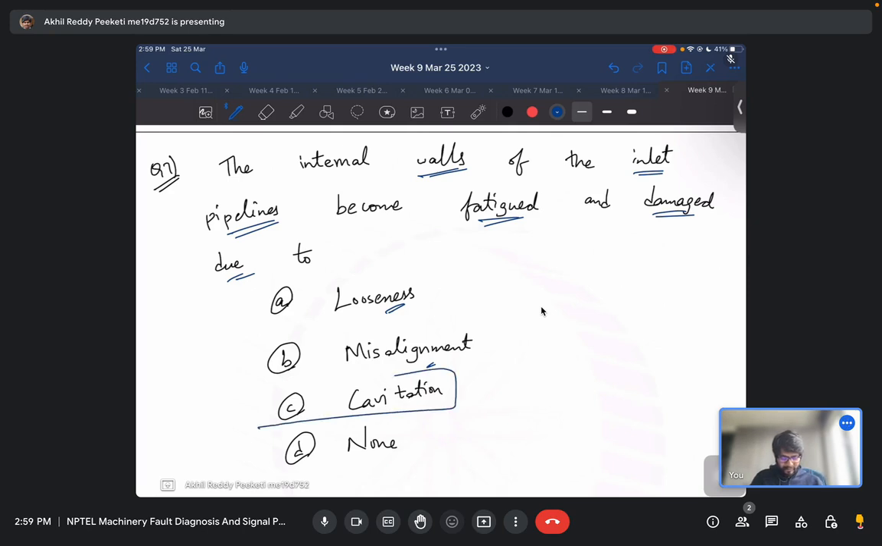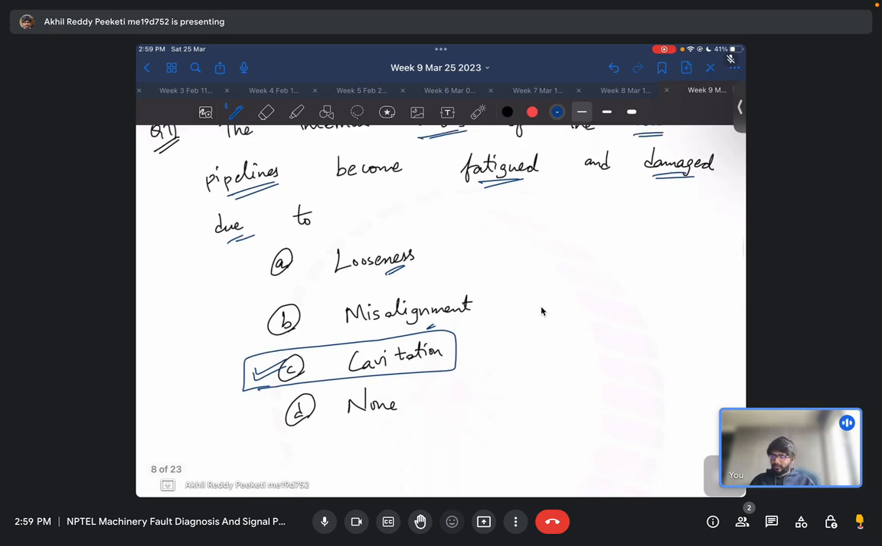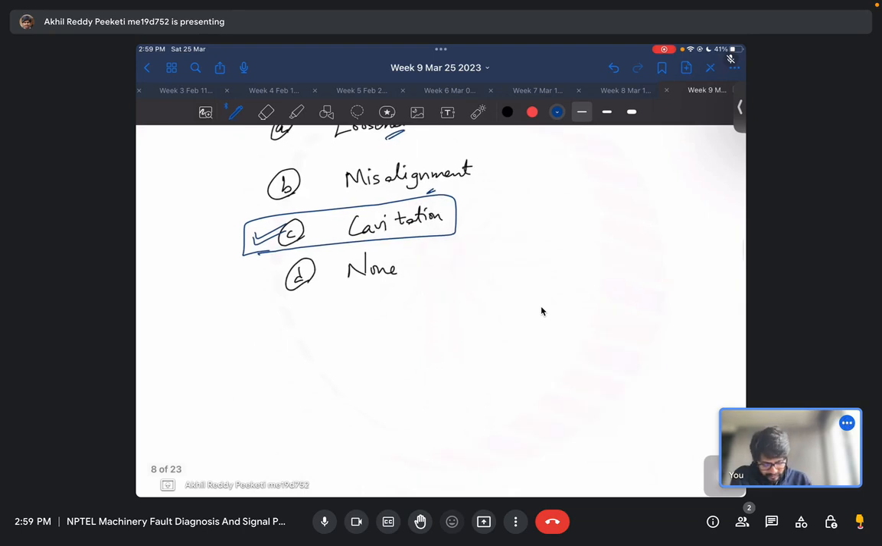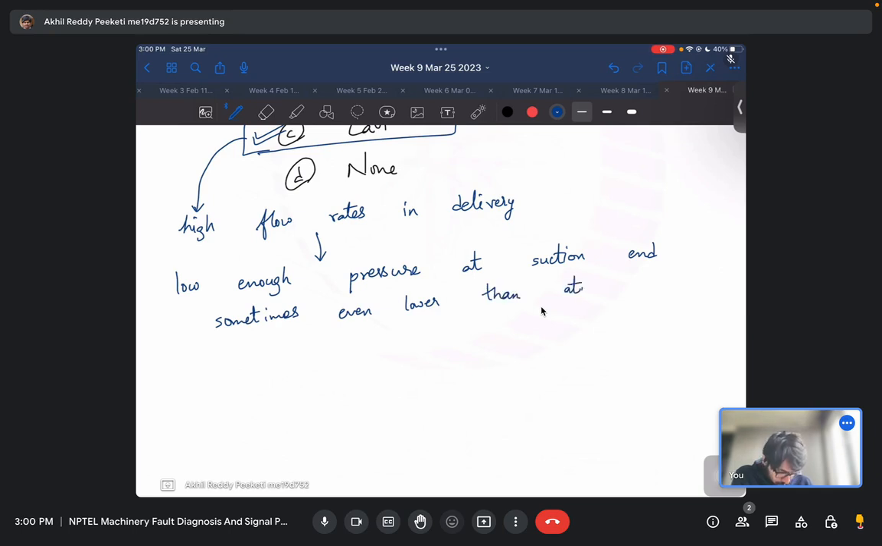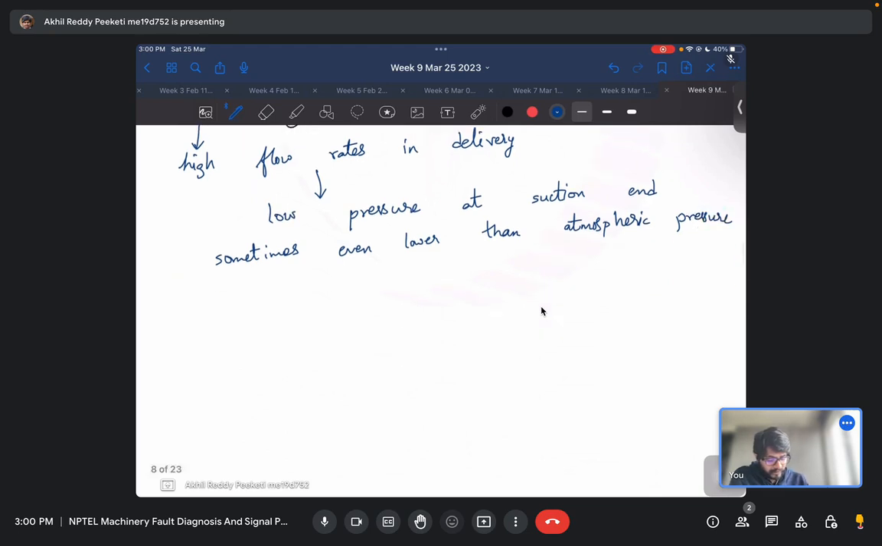No. But cavitation does. As I told earlier, in certain cases, when high flow rates are delivered, high flow rates in the outlet will cause very low pressure at the inlet, low enough pressure at the suction end, sometimes even lower than the atmospheric pressure. So high flow rates in delivery will cause low pressures at suction, which sometimes could be lower than the atmospheric pressure,